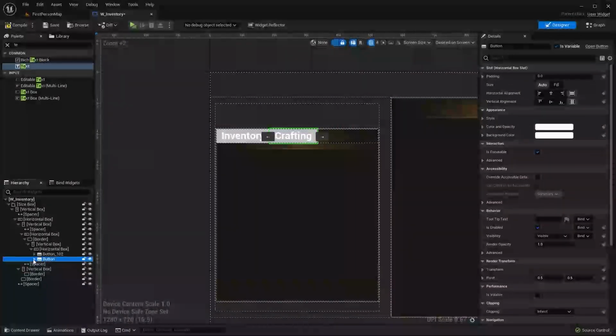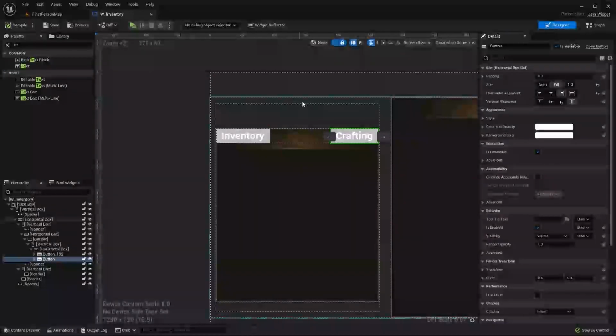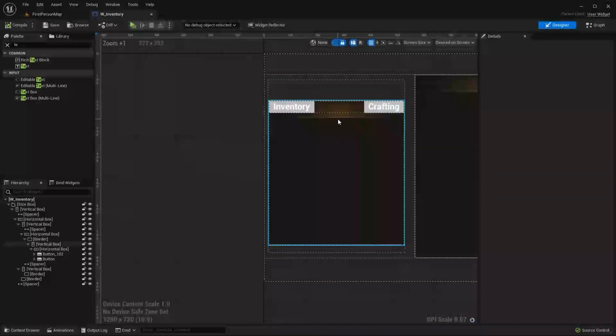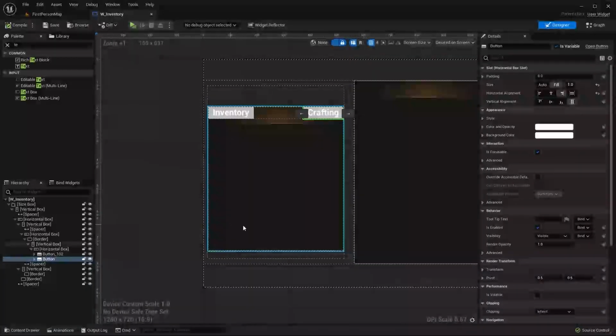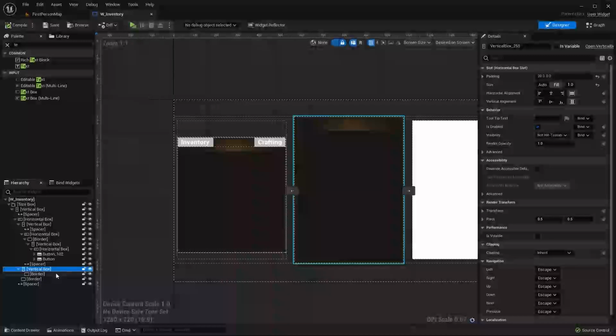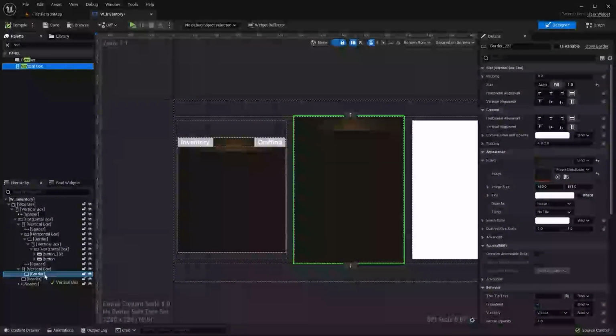So now we need to select this button, the second button here, and set this to align on the very right and set this to fill. So compile and save that. So we have our inventory and our crafting buttons. And then down here is where we're going to add our actual inventory slots. Real quick, I'm also going to add some little text up here so that we know that this is the player window. So on this vertical box in the border, we're going to add another vertical box on that border,